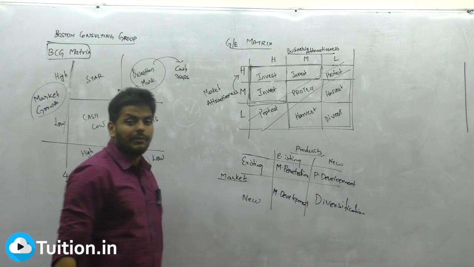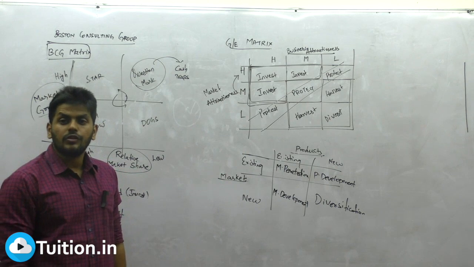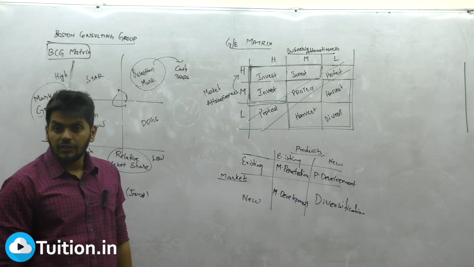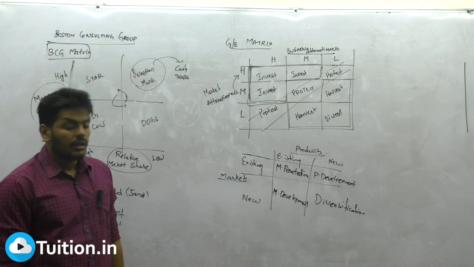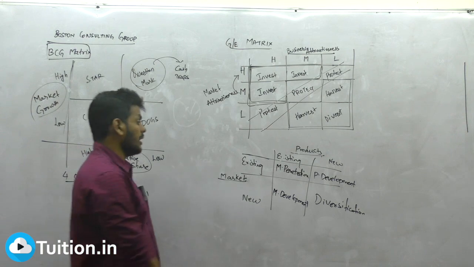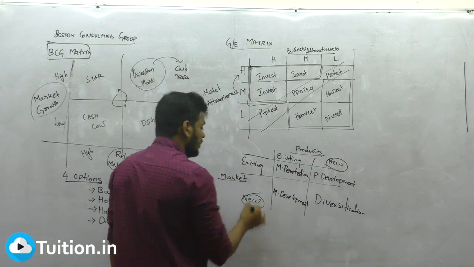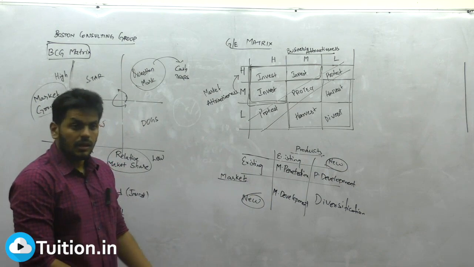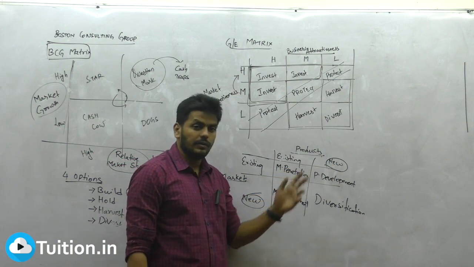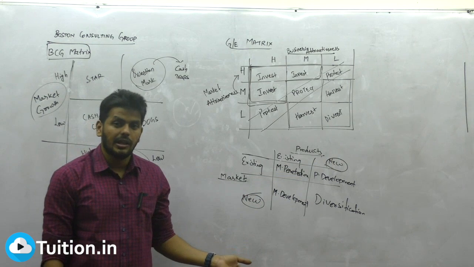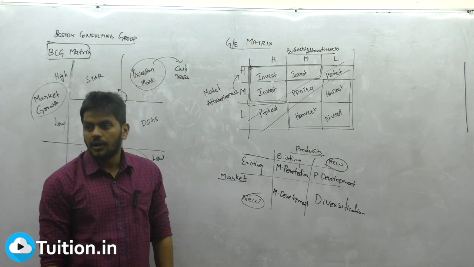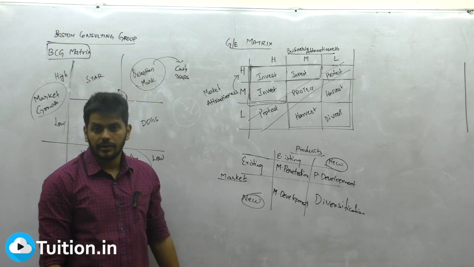That's all. It's a simple matrix. Four situations: market penetration, market development, product development and diversification. In other words, simply what you need to remember is, whatever is new, develop that. In one case, the product is new, so develop the product. In this case, the market is new, so develop that. You understood the fundamental logic also, right? In order not to make a mistake in the exam, simply remember that.